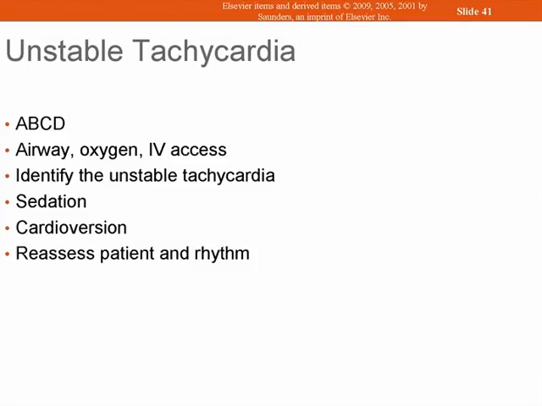Unstable VTAC, again: airway, breathing, circulation, and defibrillate. Airway, oxygen, IV access. Identify the tachycardia, the unstable, identify it. Give the patient sedation and then cardiovert. Reassess your patient and the rhythm once your cardioversion has been done, because you want to make sure you get